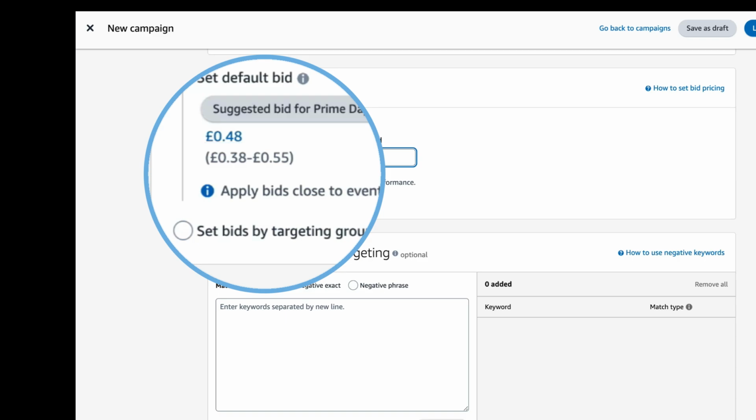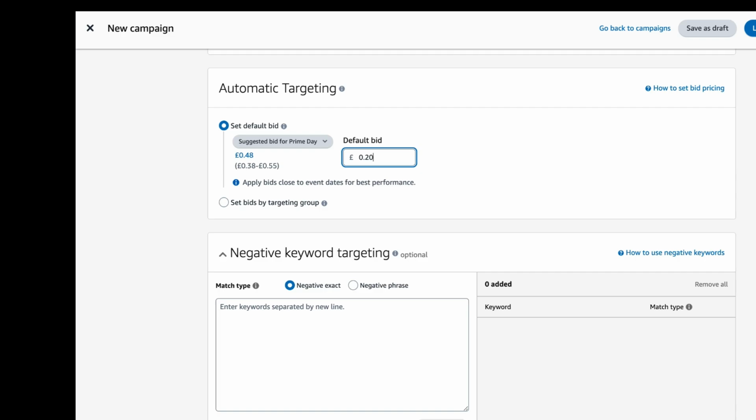This is what the suggested bid is. So you might also consider changing your bid depending on what this is. This is really high. So this is down to the actual book that I've put into this auto campaign, even though I'm not actually going to be setting one up for this. So in this case, you might decide to go a little bit higher. I definitely wouldn't go as high as this for an automatic campaign, but I might decide to go higher depending on what this is. Alternatively, I could start low anyway,